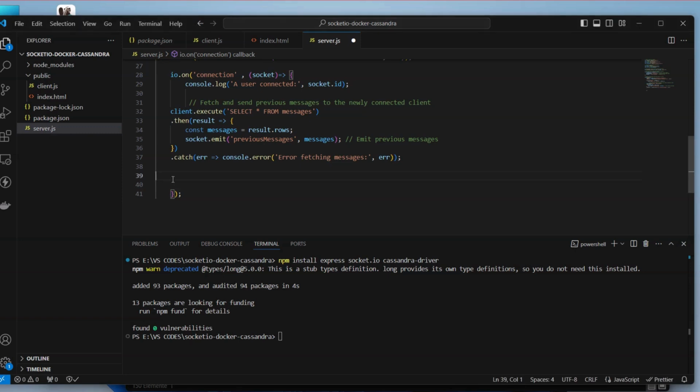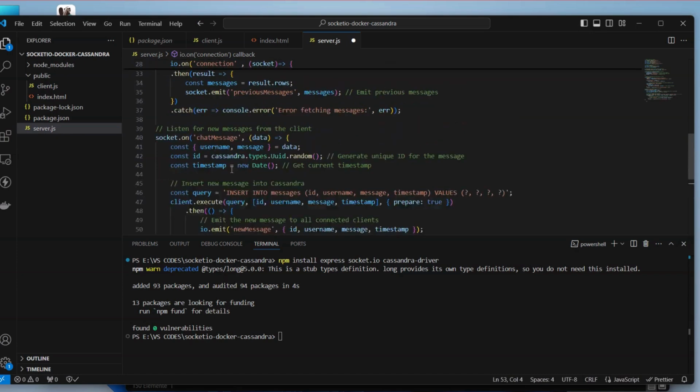And that's what we get here. So we listen here to chat messages. If there is a new message that comes as data, then we'll take it, then split it. As you saw, you are sending the username and the message. So we try to extract them from the data that we just received, and then we